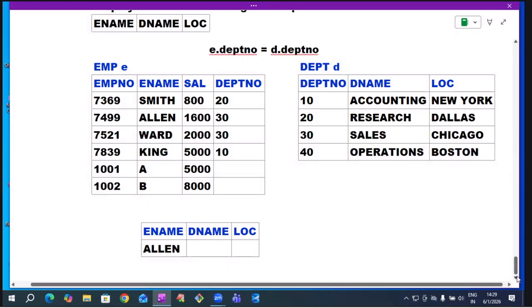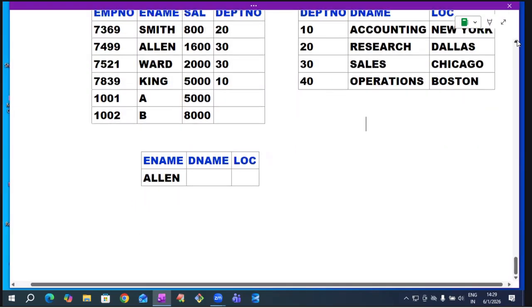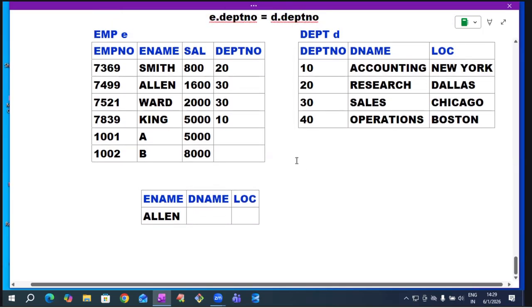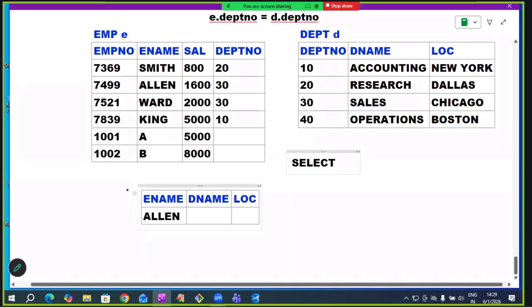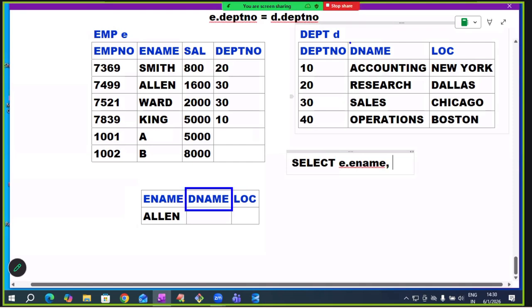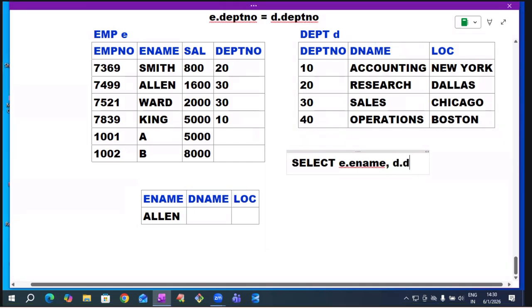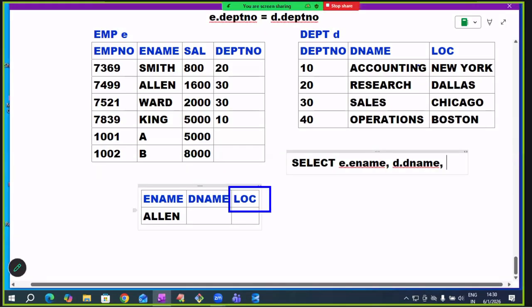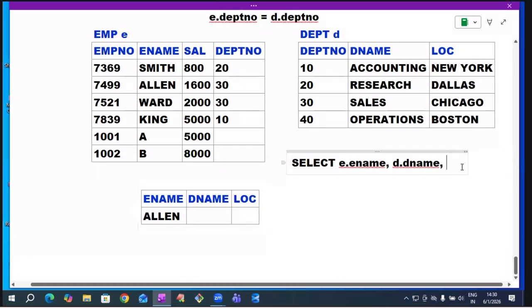Now write the query. In Oracle style, I want to write the query now. What do we have to write, sir? Select. The ename column is available in which table, sir? EMP table. So we write E dot ename. The dname column is available in which table? Department table. So we write D dot dname. Next, location. Location is available in which table? Department table. We write D dot location from